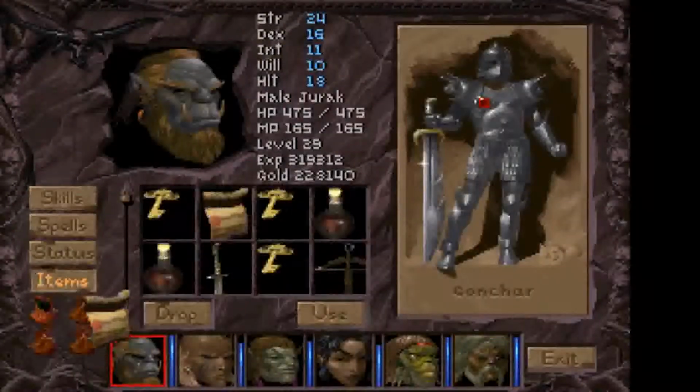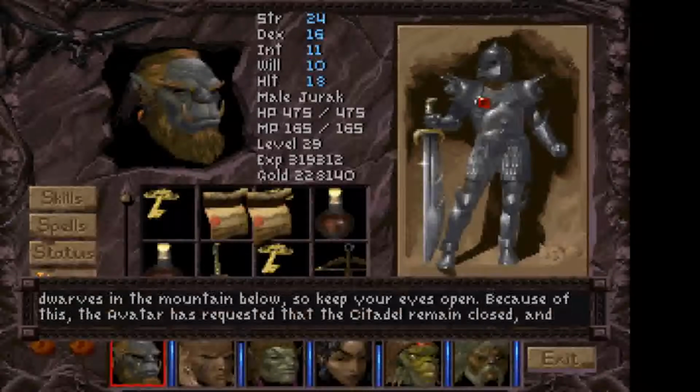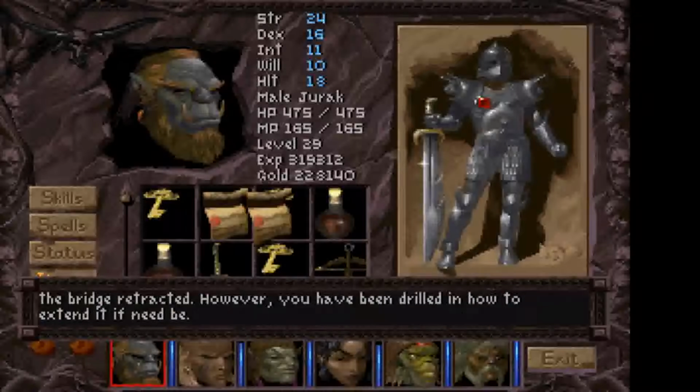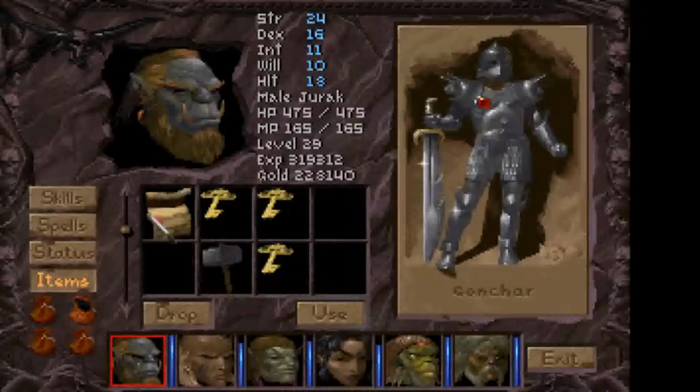Tower Orders. Yes, it's reading time, just for a little bit of lore. There have been reports of increased nocturnal activity from the dwarves in the mountain below, so keep your eyes open. Because of this, the Avatar has requested that the citadel remain closed and the bridge retracted. However, you have been drilled in how to extend it if need be. So we have to find a way to extend the bridge before we can